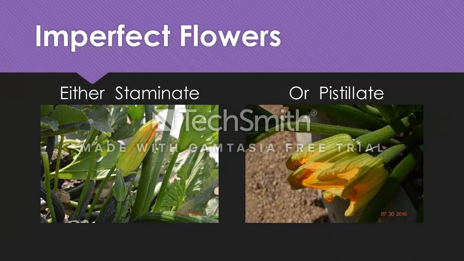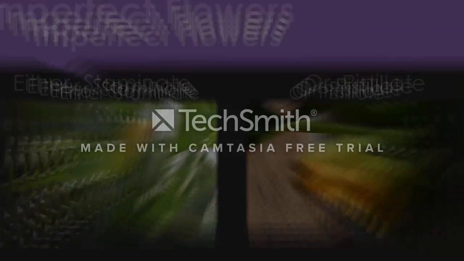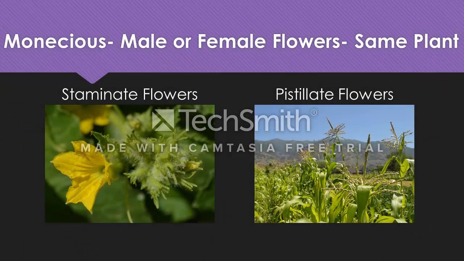Imperfect flowers, on the other hand, are either staminate, male flowers, or pistillate, female flowers. You can see in the picture above that the fruit has already formed at the base of the female flower. So what effect do these flower types have on plants? Well, if you have imperfect flowers on the same plant, it's called monoecious. That means you have male and female flowers on the same plant, like corn. The tassels are the male part, the ears are the female parts,